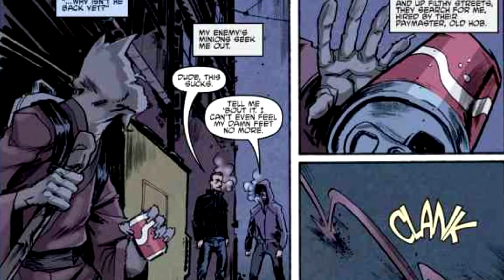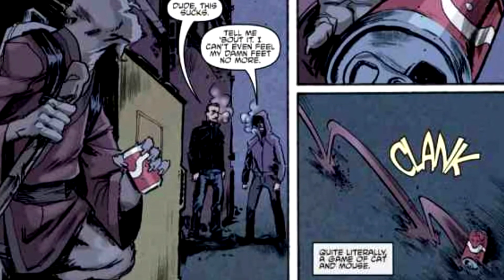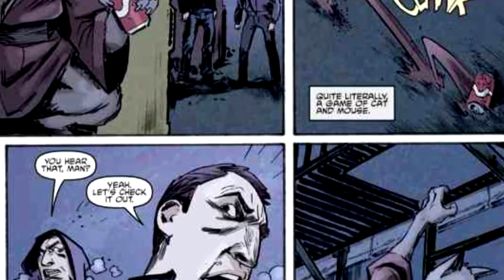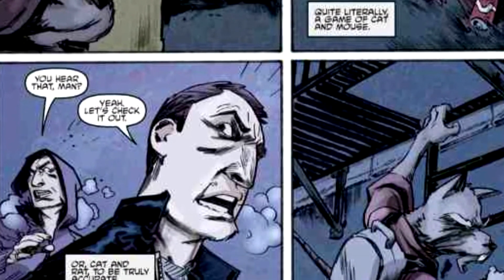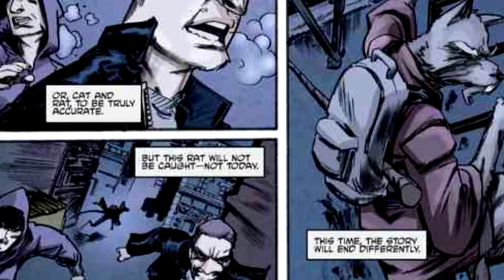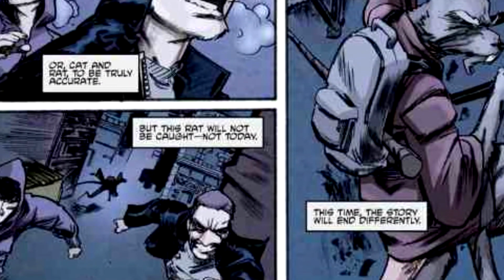So we get back to Splinter and the turtles. Splinter's going back home, but the Hobbs gang, you know him, they're tracking him. So he has to shake them off, make sure he doesn't lead them directly to the sewers to his hideout. So he has to be sneaky about it. And while he's doing this, he's telling you a story, and the narration goes hundreds of years ago in the past about